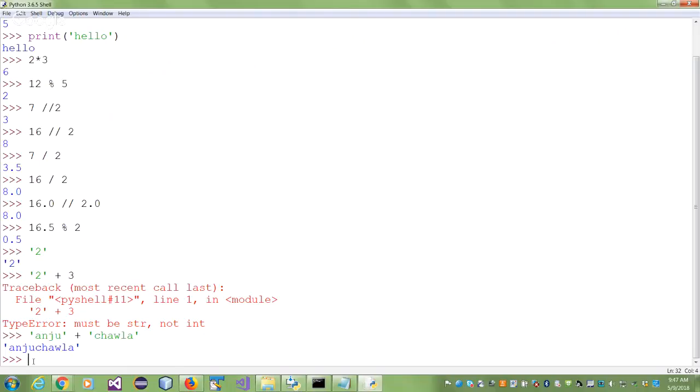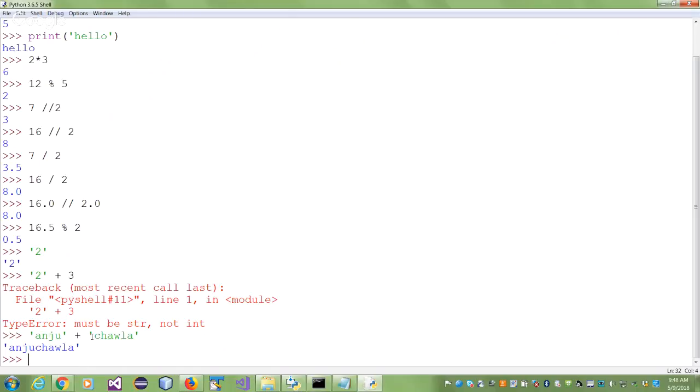You are concatenating, you are joining two strings. So you can use the plus to join two strings, and the join only means placing one after another, appending it, adding it at the end. And exactly like I did it. Anju was written and then Chawla had no blank or anything. So Chawla was copied. If there was a blank before the C, then the blank will also be a part of the answer. So you can concatenate two strings. This is called concatenation of strings. And this concept, for your information, is called overloading. The plus is overloaded. It has more than one meaning. Therefore, it is called an overloaded operator.